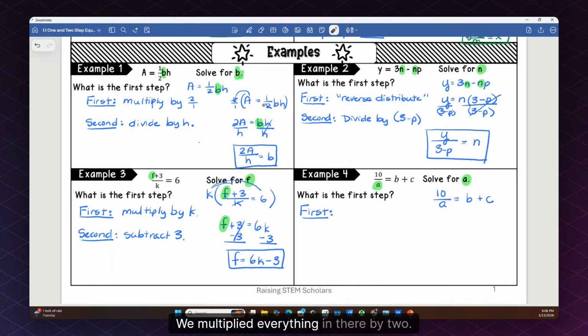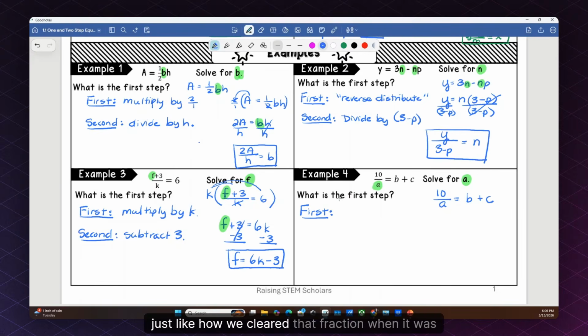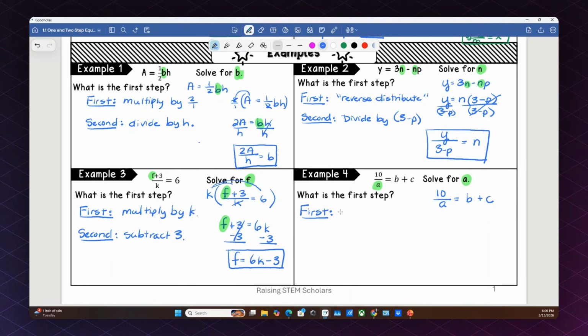We multiplied everything in there by 2. We're going to multiply everything here by a, okay? And it will cancel that a out of the denominator, just like how we cleared that fraction when it was a number. So we're going to multiply